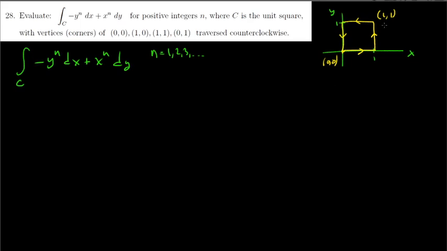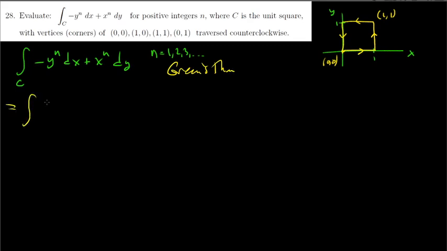Yeah, this I think is begging for Green's theorem, right? Simply because, well, first of all, I don't think this vector field is conservative. You can check that. Right, you get n x to the n, right, plus y, and y to the n. So not conservative. However, it is a closed curve. So unless you want to parameterize all four of these line segments, let's use Green's theorem again,